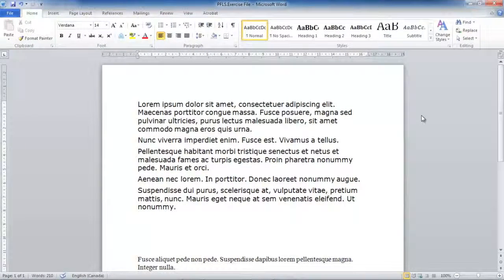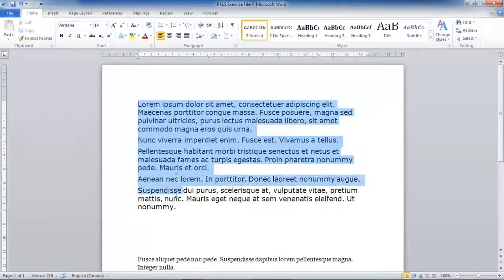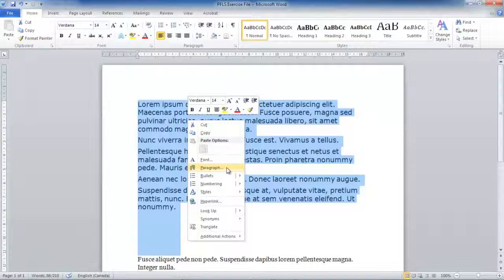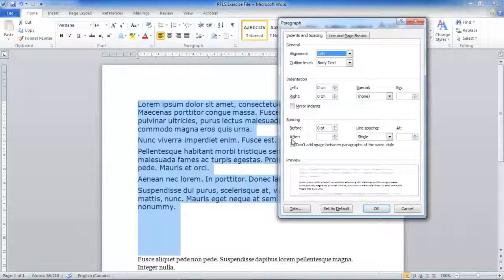Just like creating genuine white space between sections is important, it's also important to remember that the amount of space between the lines of text within a paragraph can have a great impact on accessibility. WebAIM and WCAG both recommend a minimum of 1.5 line spacing for all the text within the body text of your document. To change that setting, right-click on the affected text that you would like to change. Choose Paragraph and change the line spacing option to a minimum of 1.5 or double spacing. I'm going to choose 1.5 line spacing and then click OK.